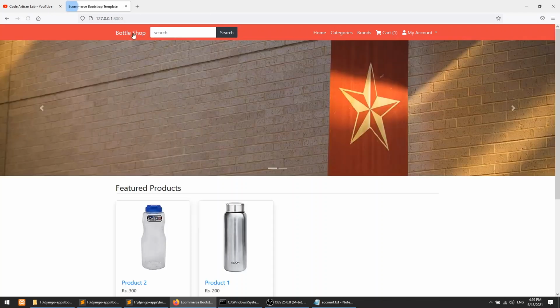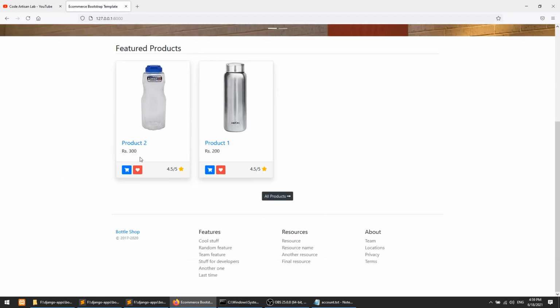And one more thing we need to do here: because we are using PayPal, we need to remove this Rs and we will add the dollar. I will replace the rupees with a dollar, and then I will update it on GitHub. You can do it on your own.